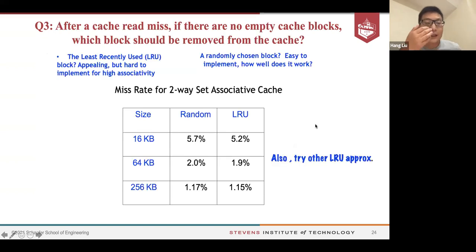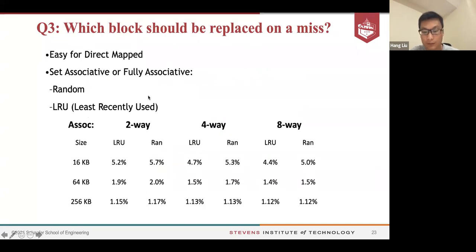Okay, after a cache read miss, if there are no empty cache blocks, which block should be removed from the cache? That's exactly what we answered in the prior slide, right? Which block should be